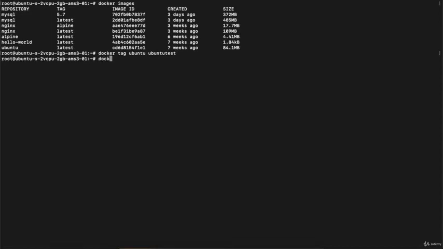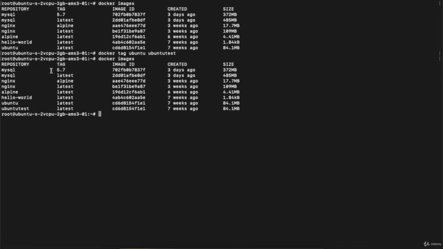If you again execute the command docker images, you can see a new image has been created with the same name we provided, ubuntu test. This has the same size because we copied that particular image and renamed it. And you can see that since we didn't specify the tag after the image name, it took latest.